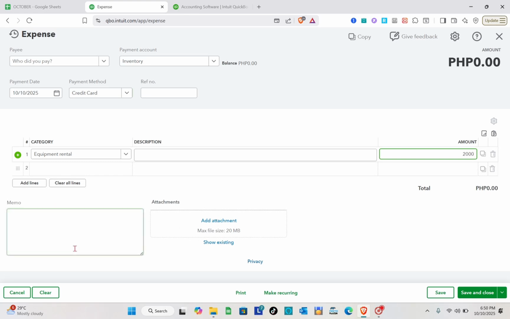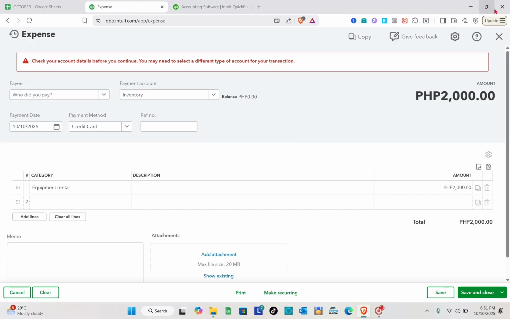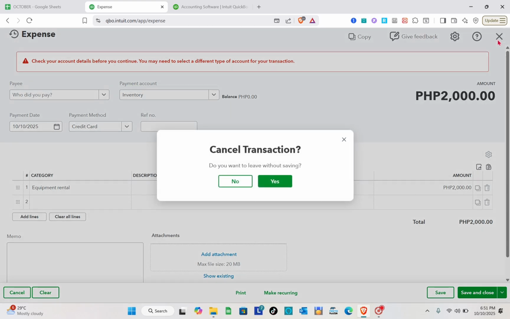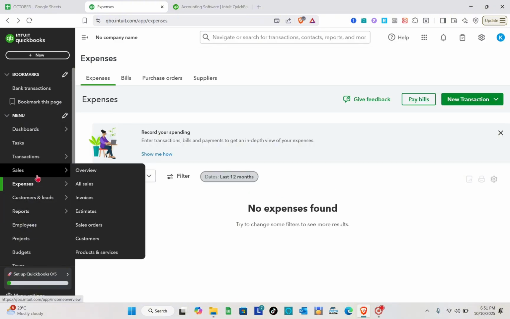Then after that, you just have to add here the memo as well as the attachment. After that, you just have to save and close this section. All right, so I'm just going to skip this part after that. And then the next thing that we are going to do is to create and send invoices. Okay, so to do that, let's just go to the